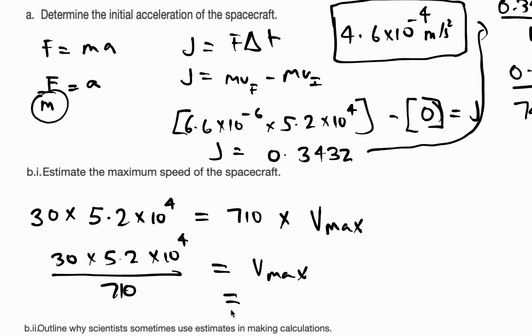And if we put this in our calculators, 30 into 5.2 into 10 to the power of 4 over 710, we're getting the maximum speed of the spacecraft to be equal to